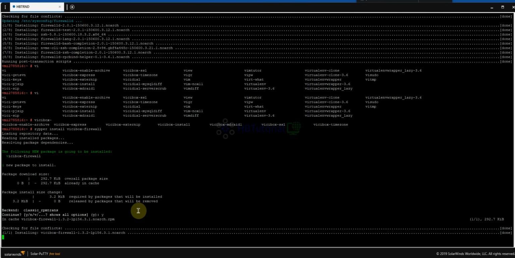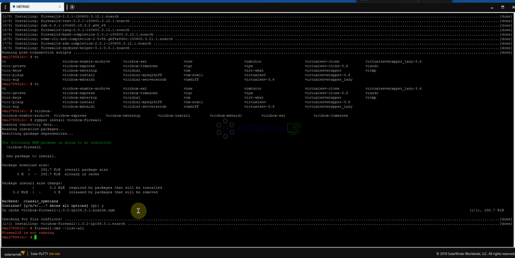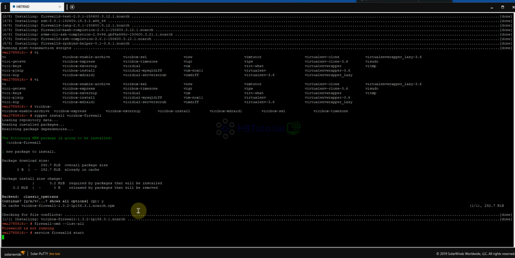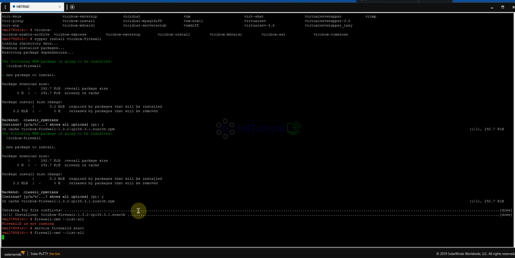Okay, then yes. And then check firewall-cmd --list-all, it is not running. So service firewalld start. So you can list all.